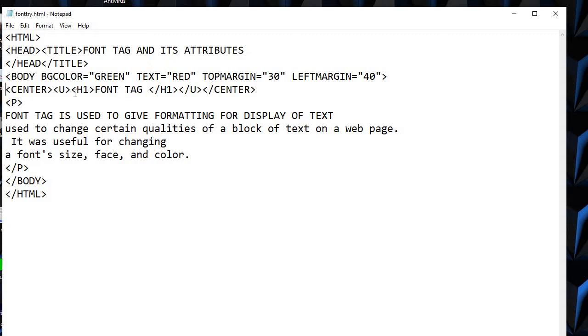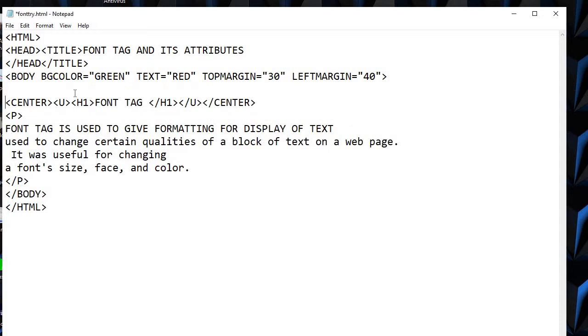So if I want to change settings for this, I will write font. It has three attributes. First is face. Face is the name of the font. Suppose I give Lucida Sans. Then the second attribute, it can be in any order: color, suppose I want blue, and then the size. H1 already has its own size according to the font, but if I want to change it slightly bigger or smaller, then I can do that. Suppose I give 30. Now this I close.